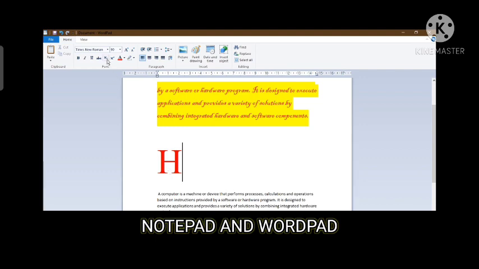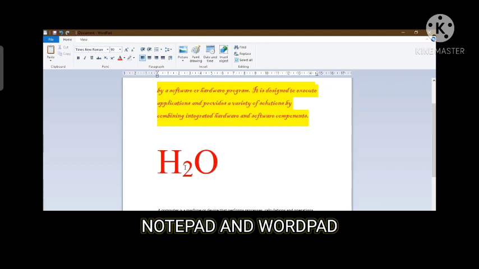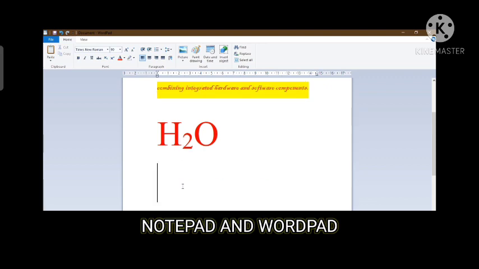Now you will click on this subscript option. Okay, and you will write 2. See, this 2 will come a little bit downside. That is called the subscript from the normal line. And if I click again on that, and then that option is off, then I will type O, that O will come to the normal line. So in this way, subscript is used for bringing anything downside.